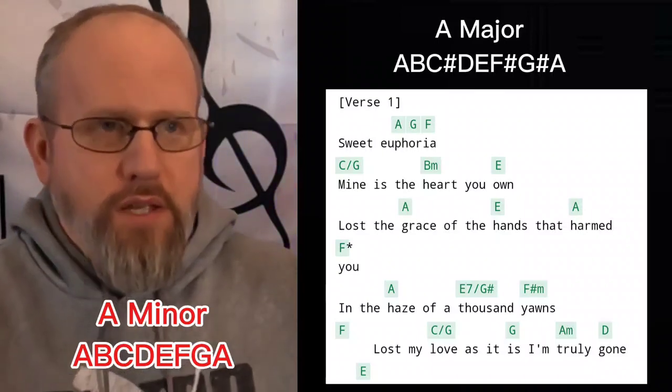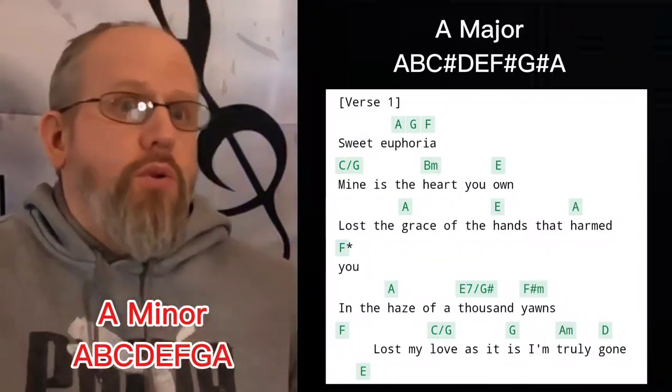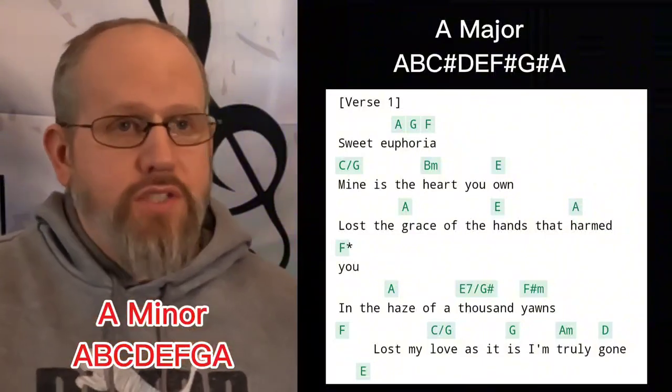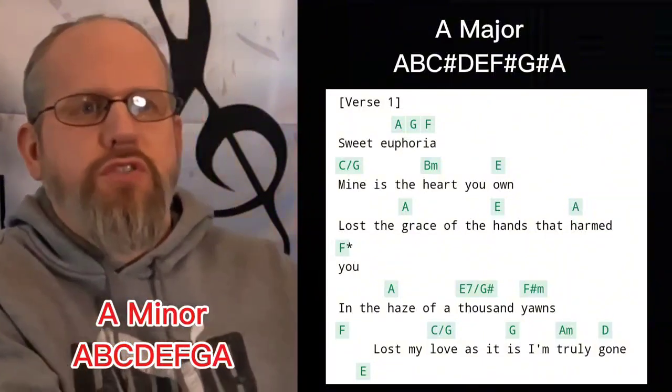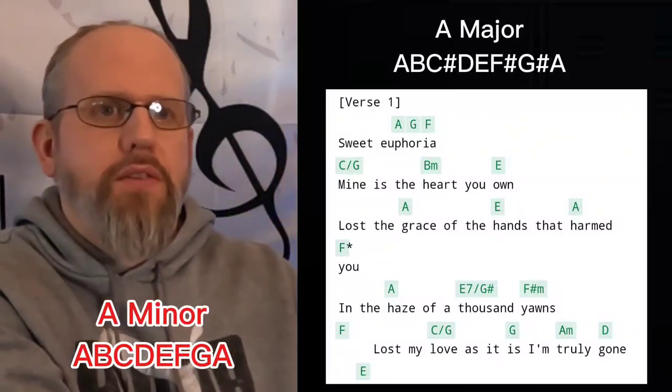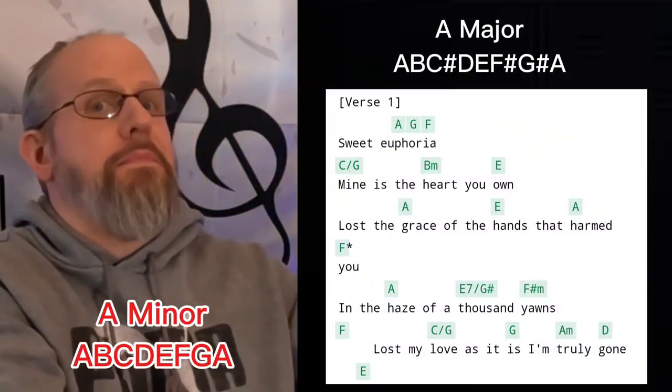So that would be a chromatic median. You could also just say it's being pulled from the parallel minor. So there's varying ways to do this. You then have another C chord, which is borrowed from A minor, parallel 3 chord, up to a D minor